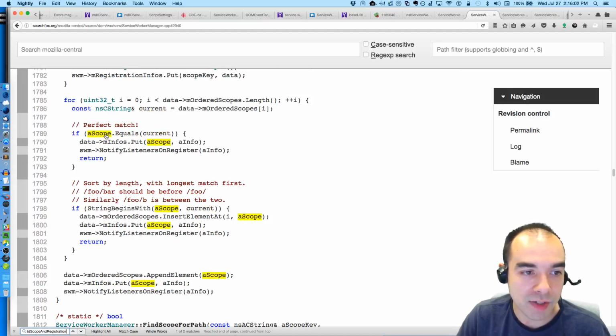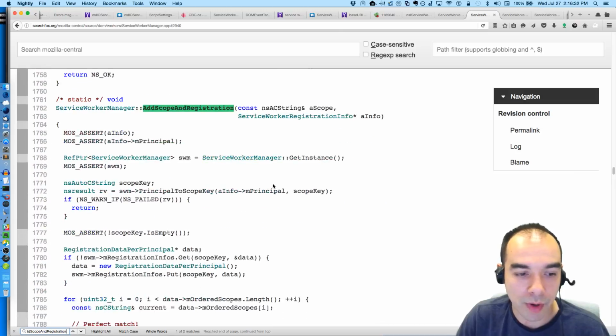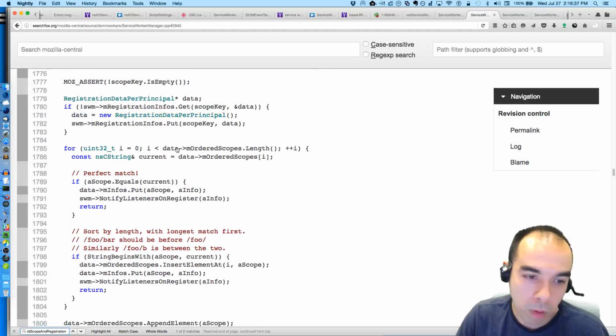Find the scope that matches the scope that was passed in, and then on data, current scope's length, we put the scope info. Like on the M infos, we map the scope to the info, a service worker registration info, which is different from the registration data per principal. Whew.